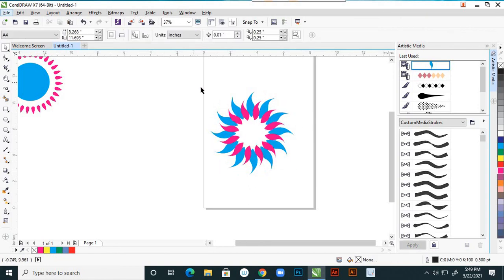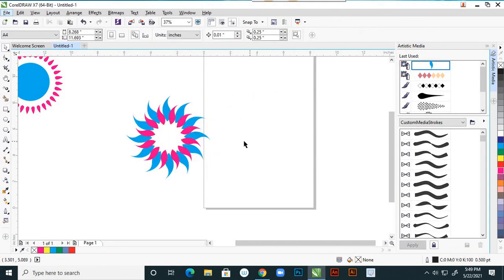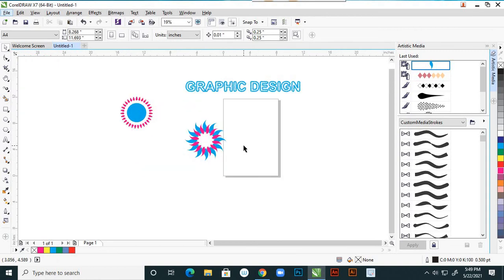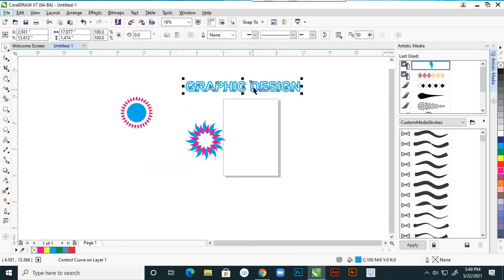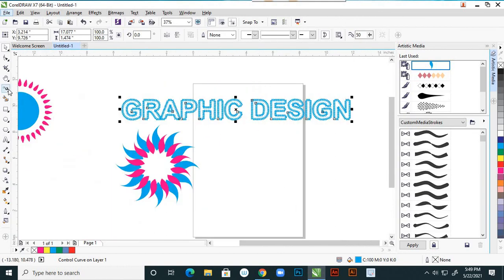Fantastic. Now you select everything and right click and group objects. See, this is very nice. So this way you can use nice effects. So you can create your own artistic media tools and presets, custom media presets, right?